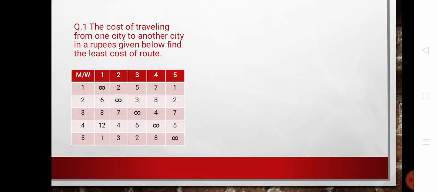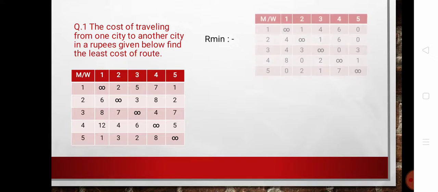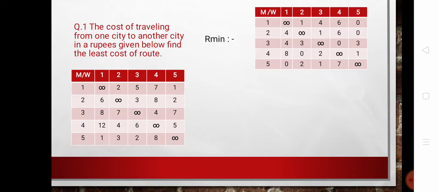Here 5 machines and 5 workers are available. Now we see the infinity sign is also given. This is a combination of an assignment with restriction problem. Now the answer is the same. We already solved balanced and unbalanced problems, that's why we know the R minimum and C minimum. Simply, R minimum means check the minimum value in a row, for example the minimum value is 1, and this value is subtracted from all of the elements, and the infinity sign is kept as it is; do not do anything.